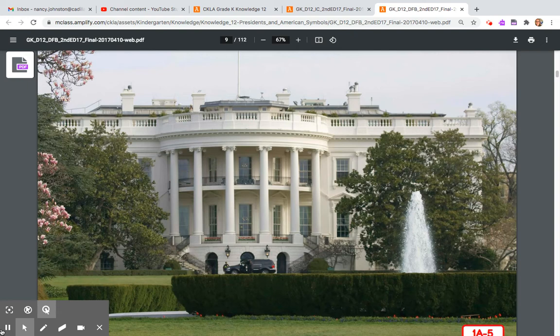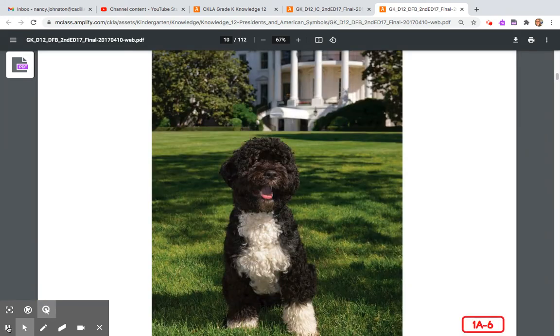But not just presidents live there, their families and even their pets come with them to live in the White House. Have you ever seen a picture of this dog? His name is Bo, and he lives with President Barack Obama and his family. You will hear more about President Obama in a later read aloud.